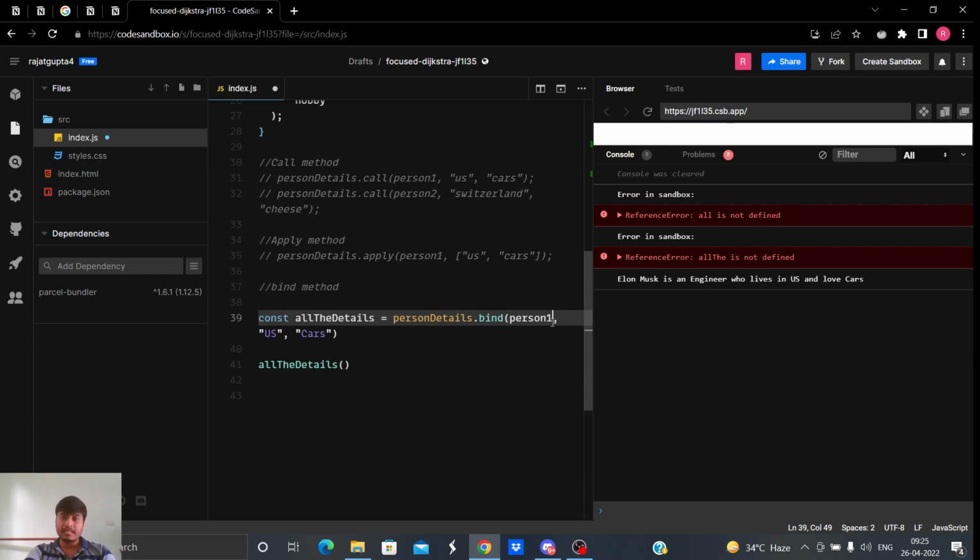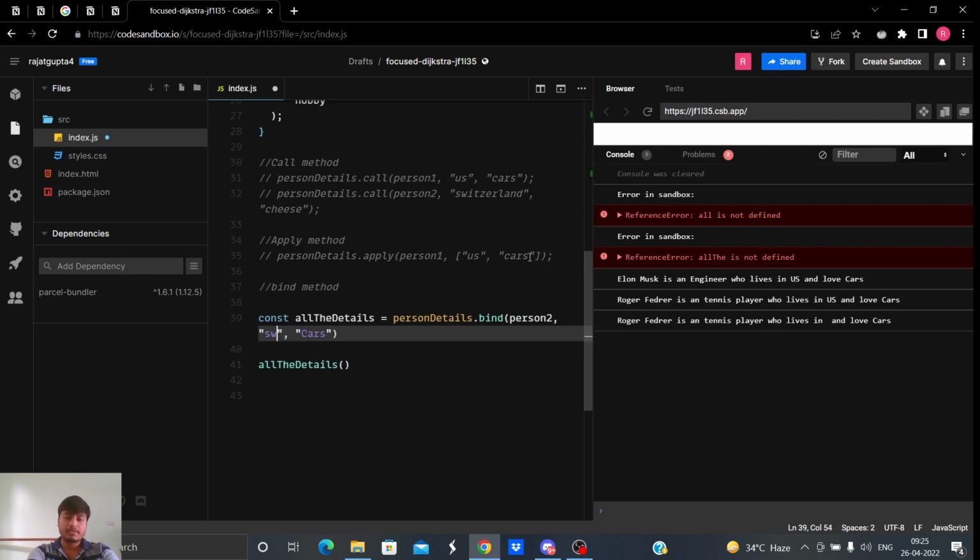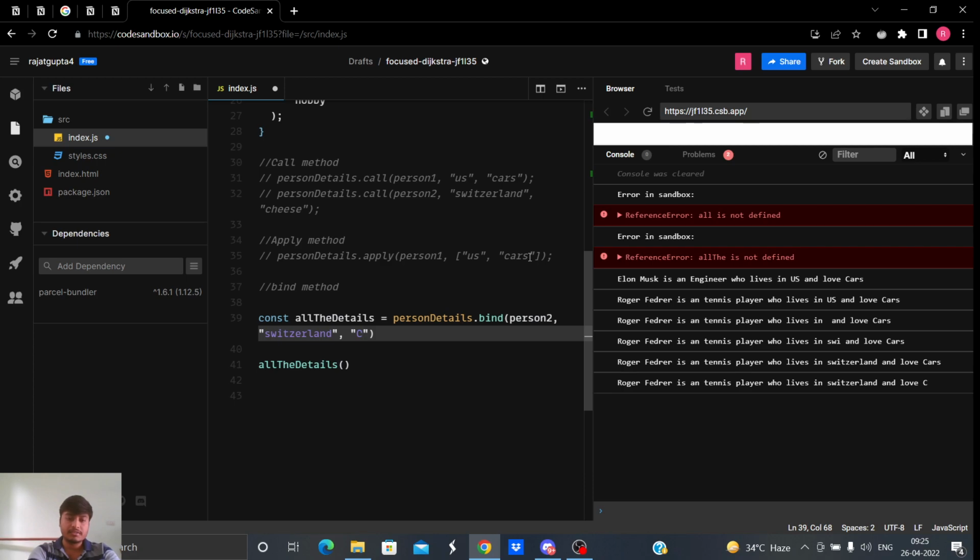If there is person 2, then, since we provided US and cars, what was it, Switzerland, and cheese.